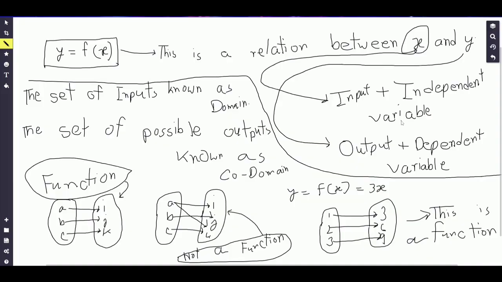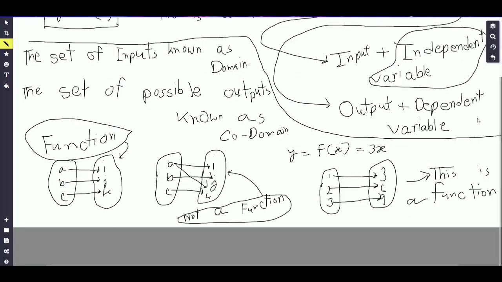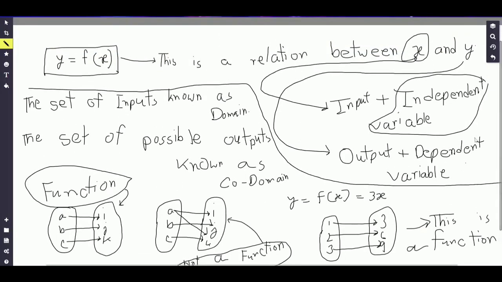It means we choose any value for x, and depending on that value we get y, or the values of y as the output. So x is called the independent variable and y is called the dependent variable, because for the values of x we get